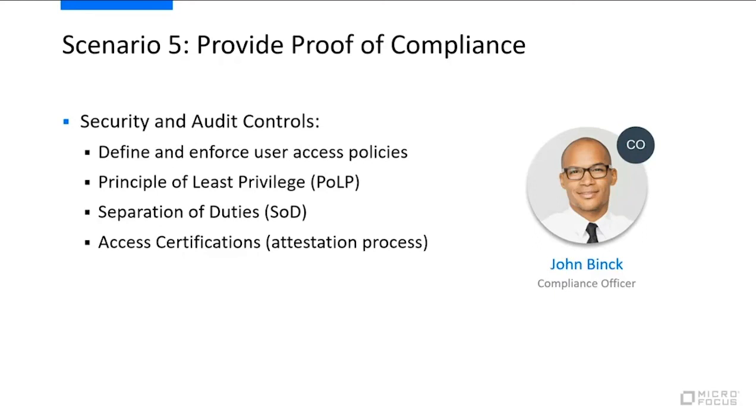We also want to enforce the principle of least privilege. And what this really means is that we want to enforce that users in our organization do not have any more access than what they need in order to accomplish their daily jobs. One of the things that we can help you use to accomplish that is separation of duties. And what separation of duties is, if we have two different types of access in the organization and they conflict with each other, we want to ensure that users requesting or attempting to gain these two accesses are either flat out denied, or they can be escalated to a different type of approval process so that the correct individual can act on that.